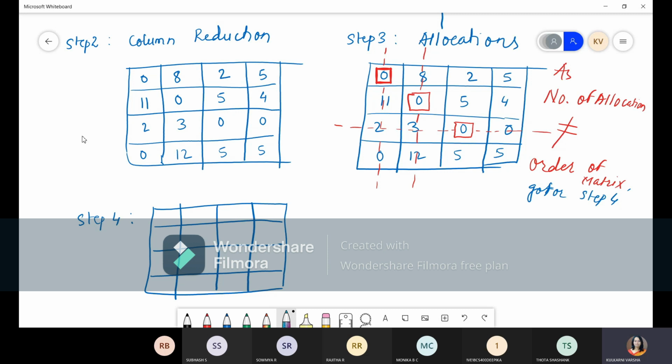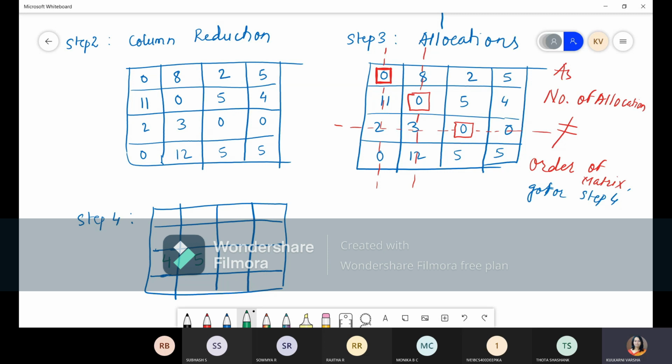Okay, so like this. The first step is to identify the least uncrossed element, that is 2. The second step is to add this element to the double cross elements, meaning this 2, we need to add to the double cross element. So if we add another 2 to this 2, it will be 4. So we'll write 4 over here. This is also double cross. So 3 plus 2, 5. So what we have done, as per 4.2, is that in all the double cross elements we should add that least element.